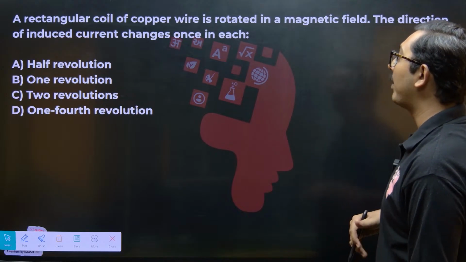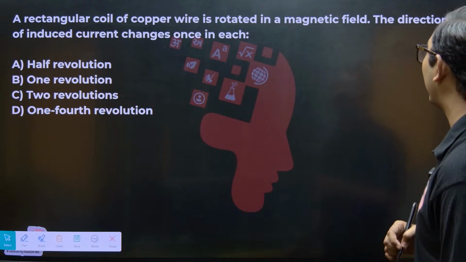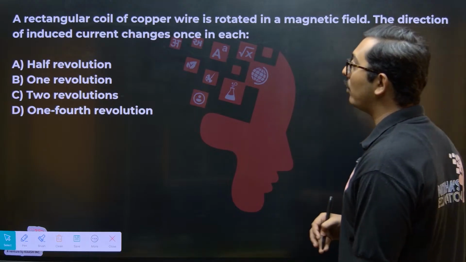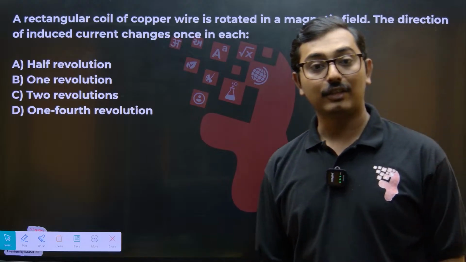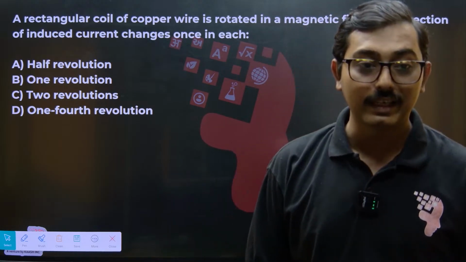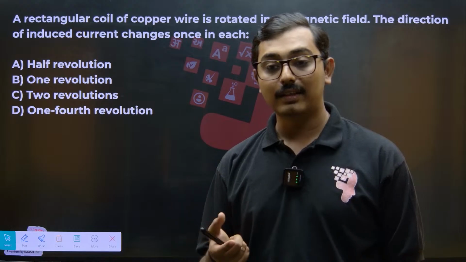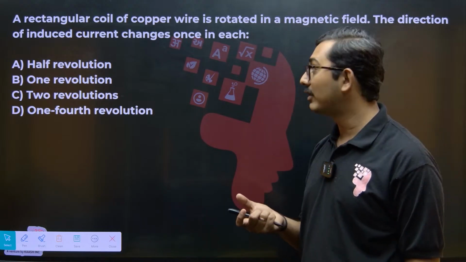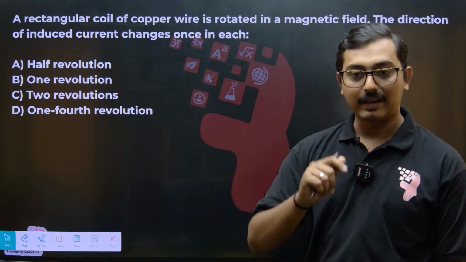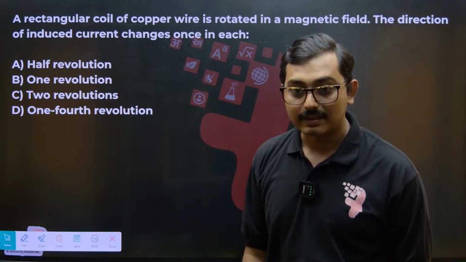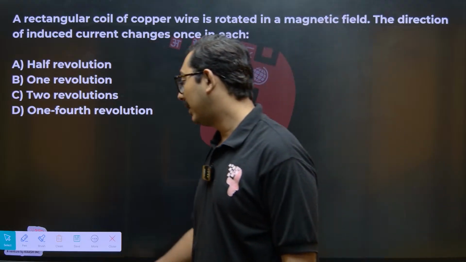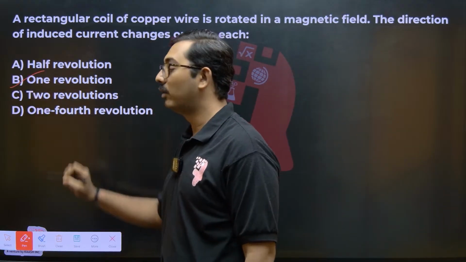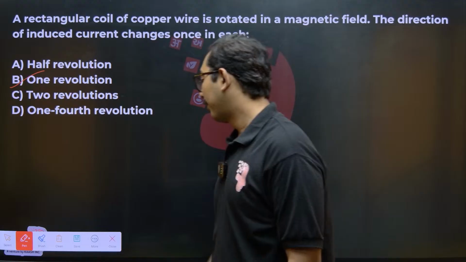A rectangular coil of copper wire is rotated in a magnetic field. The direction of induced current changes once in each what? How much change in the direction is it going to be? Yes, correct, Astha Singh, I guess. It is in 1 revolution. Very good. Right, correct. Next,